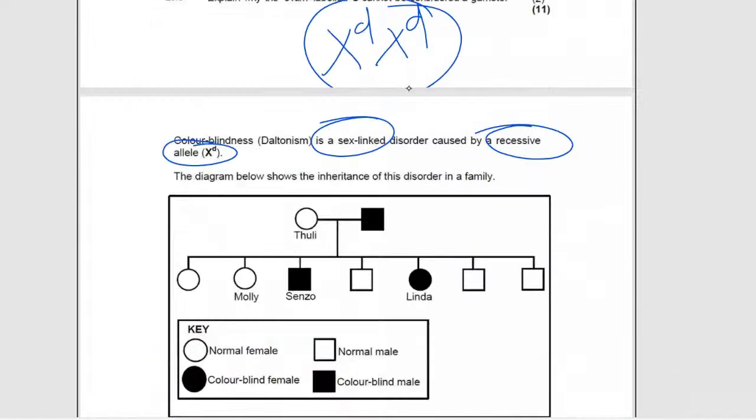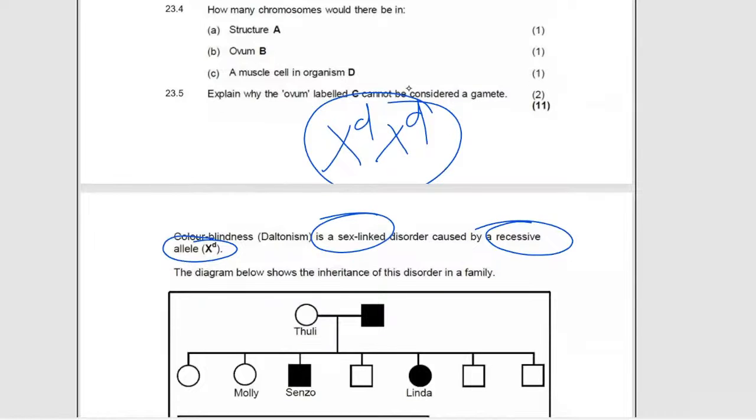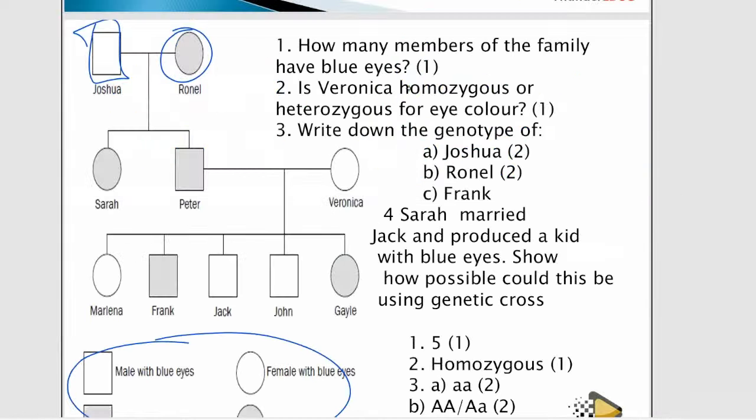But if you check on this question, they say that this is sex-linked and caused by a recessive allele. So you need to understand the 2 concepts. They have talked about Joshua. We know Joshua is a guy. And then Renee